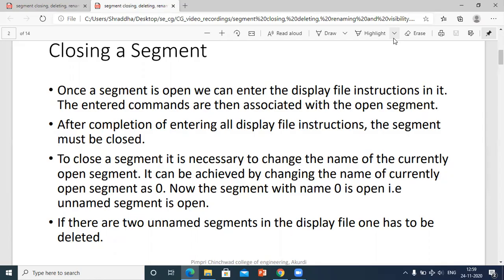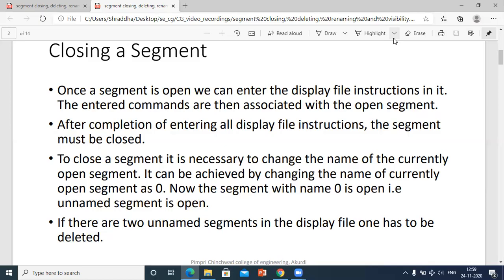You have changed the currently open segment name. Suppose there is a segment which is open, and you are giving it the name 0. So 0 means that the segment with name 0 is open, which is nothing but an unnamed segment being open. If there are two unnamed segments in the display file, one has to be deleted.